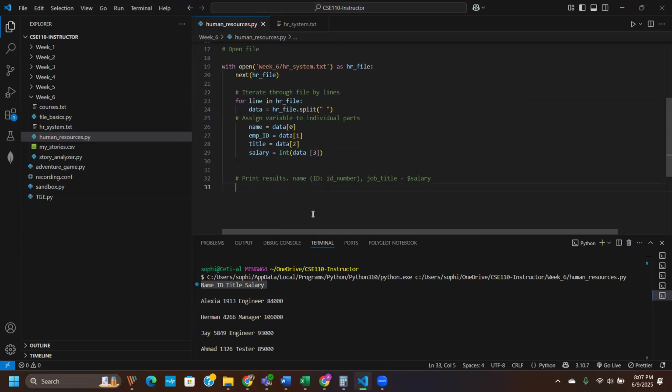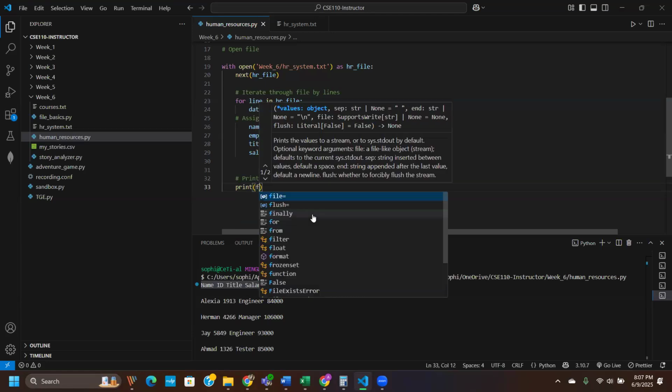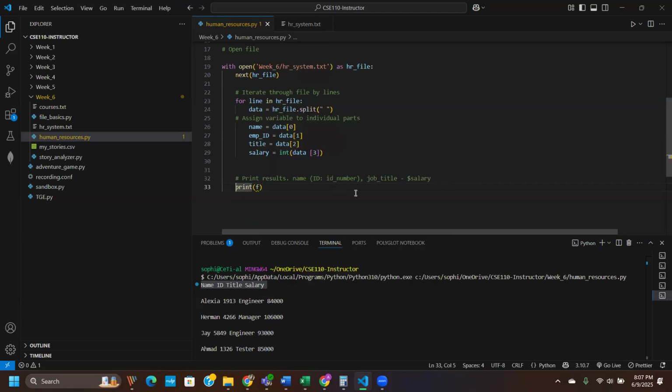Now I'm going to do that print. String. You know what? I need that print on the same level as the others. It's got to be in the for loop. And I've already got one error I'm showing you, so I don't need to show you 2 at once. Okay. We want the name. Then a space and